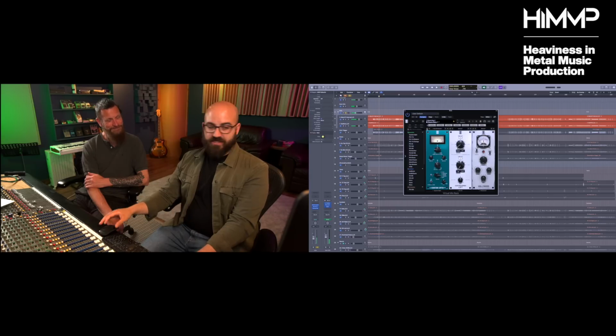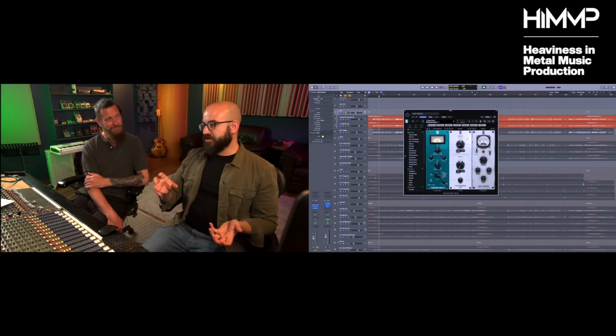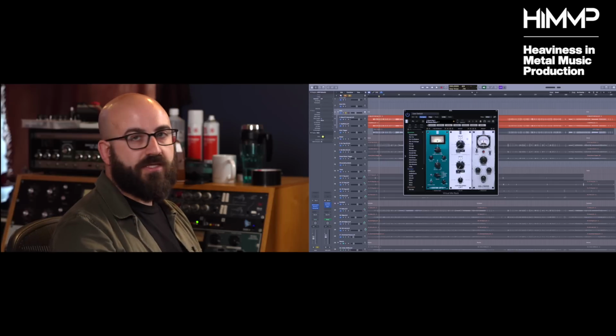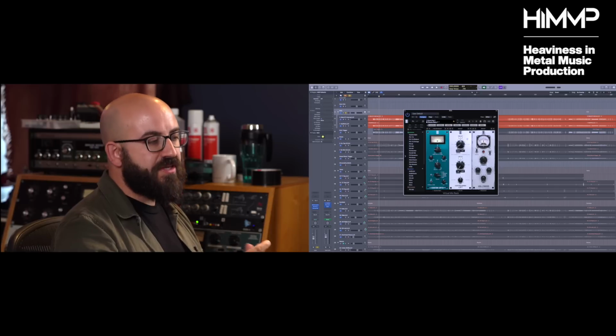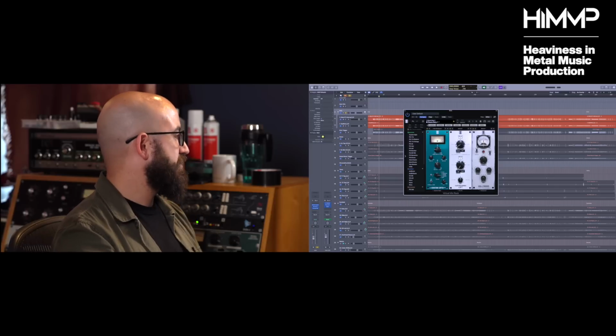Obviously that's also increasing the level quite a lot as well. I'm using a little bit of this plugin by Slate, which I really like. It's a high and low, kind of big broad move EQ. I quite like it on kick and snare, just for bringing, without having to think too much, the kick to be a little bit more present, and I'll use a little bit dialed in on there.